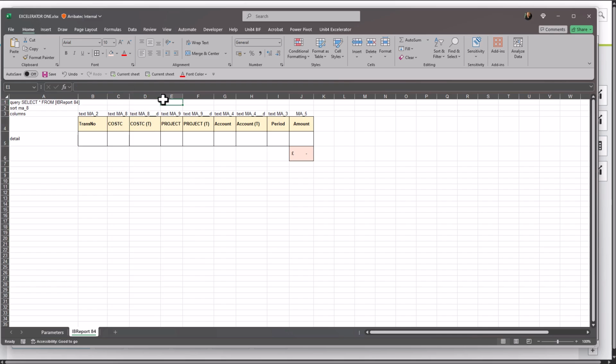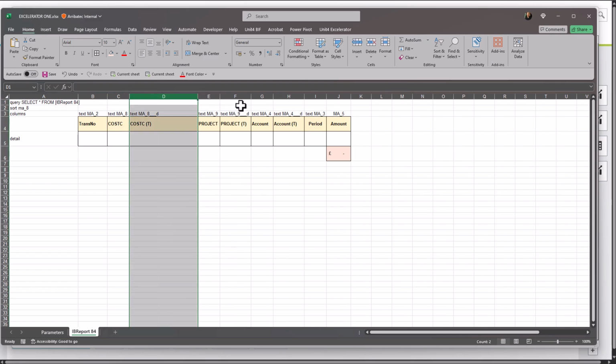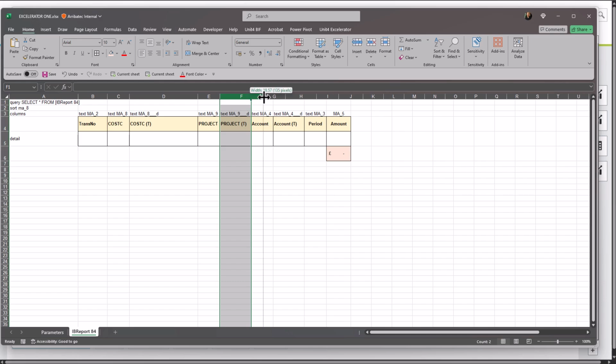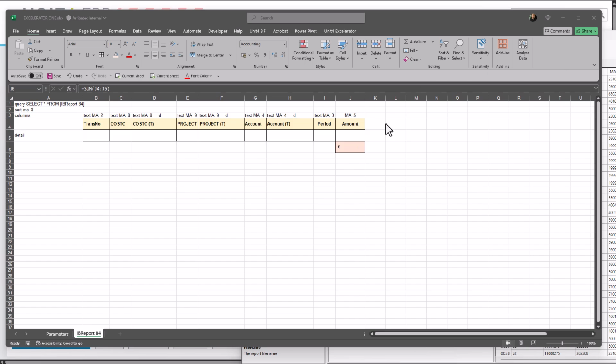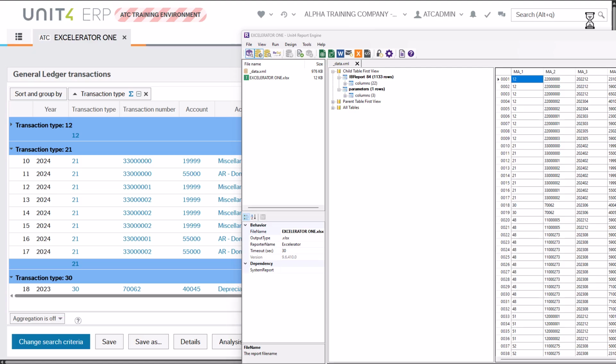Cost center, description, bigger, project, bigger, account, bigger. So the report is all set up and ready to go. What I'm then going to do is save this. So I'll just click on save. Okay, so it's saving it to that RERX file. And then I can close that